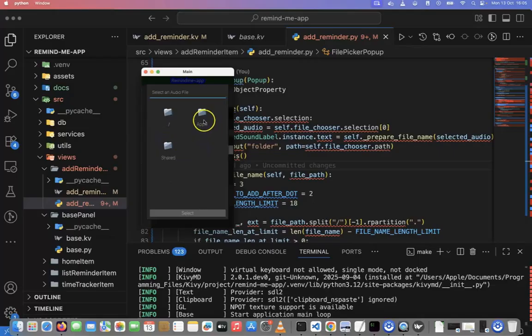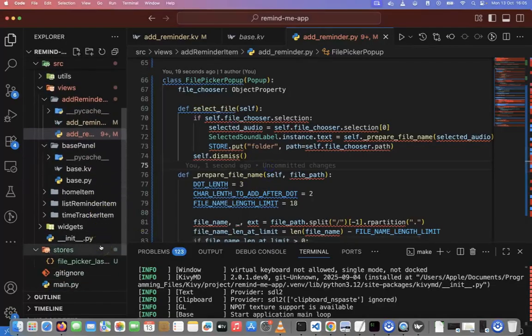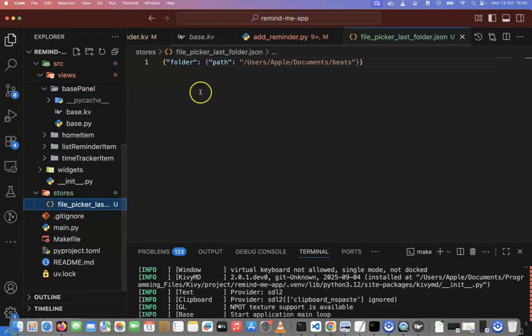Let's go back to this, and yeah, let's just select this one. Okay, so once we have that, let's go to our JSON file, and we can see this is a key, and here we have another JSON, and in the key path we have the path